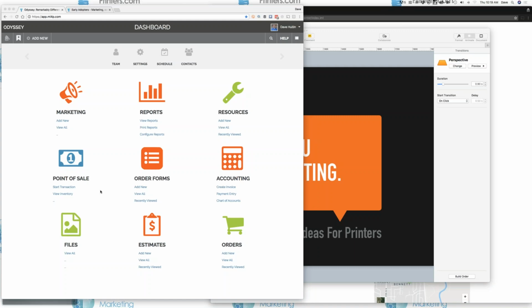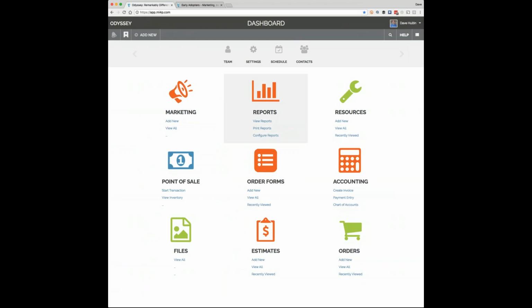And now we'll take that and move it into, let me get my screen back here. I'll zoom in again. This time I'll zoom in on the Odyssey screen. And so now we're going to work on the other half of that equation. The other half meaning eliminating the double entry.